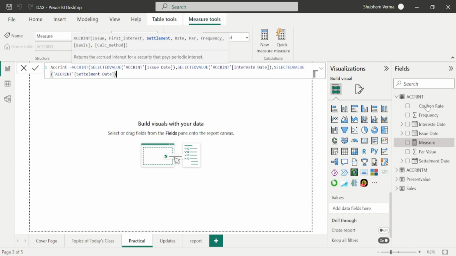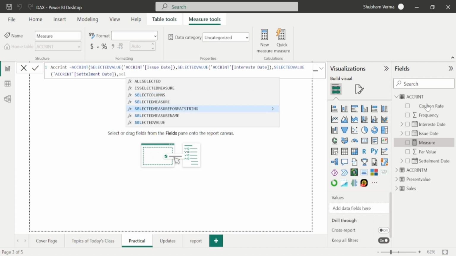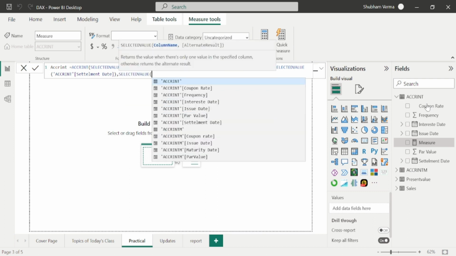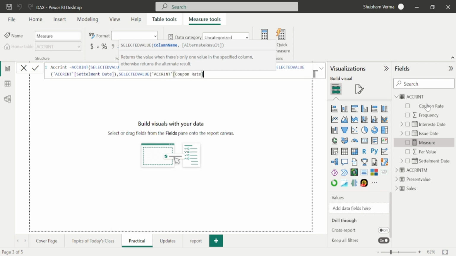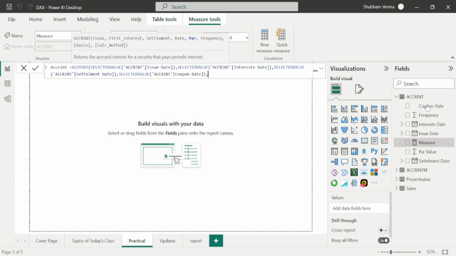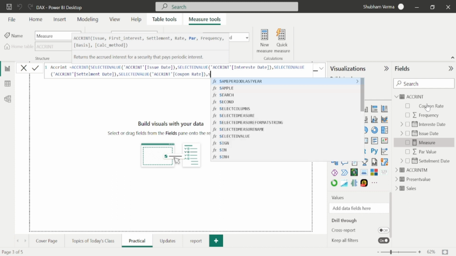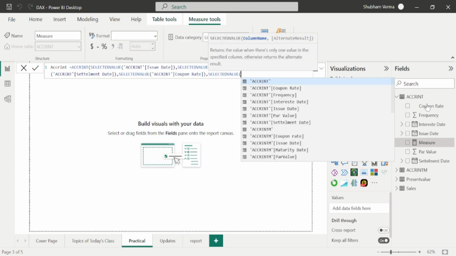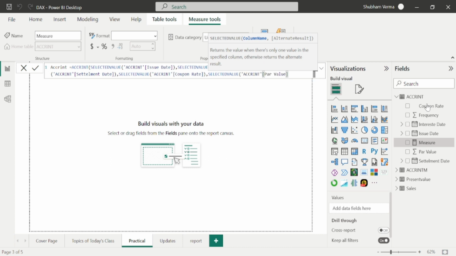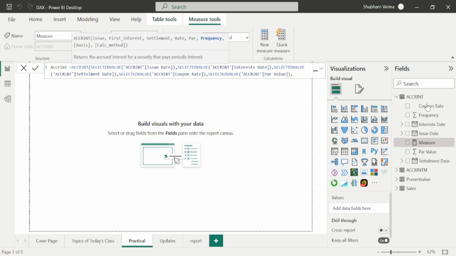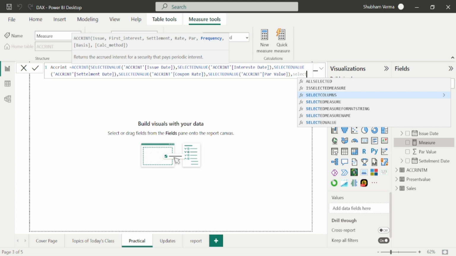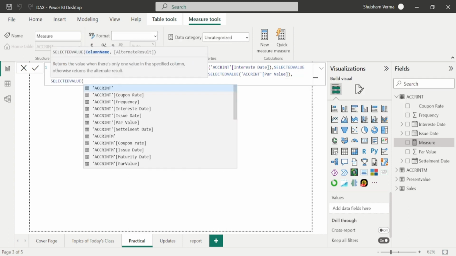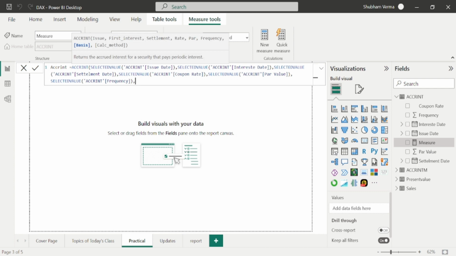Close the bracket, comma. Now look at the next parameter, guys, which is rate. So again I will apply SELECTEDVALUE and I will enter coupon rate, comma. Now the next parameter is par value. Again we need to write SELECTEDVALUE and simply enter the column name, which is par value, from the accrued table, comma. And now look at the next parameter, guys, which is frequency. I will again enter SELECTEDVALUE and under SELECTEDVALUE I will enter frequency, comma, and the next parameter is